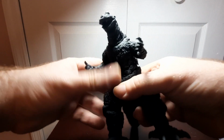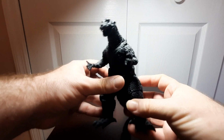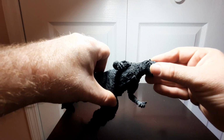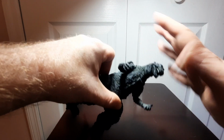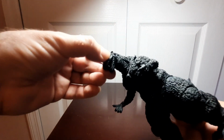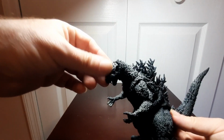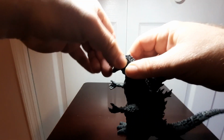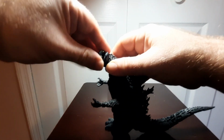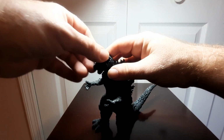Now for articulation here. So again, a MonsterArts figure, so pretty much a fully articulated figure here. So we'll start at the head. As usual, pretty much most of these joints are all ball joints. It's fairly much the usual for MonsterArts here. So the head on a ball joint, you can get it to look up like so. You can get him to look down like that. Of course, you can turn the head side to side. You could probably get it to go all the way around. You go like that. So you get a lot of range of movement out of the ball joint there,